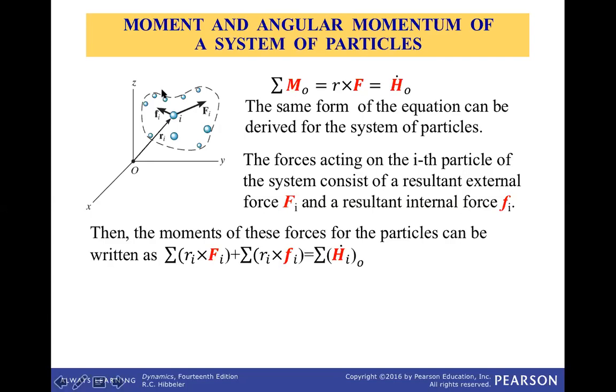Now again, in a system of multiple objects, you probably have some internal forces, lowercase f_i, on each object i. You will have external forces on each object, capital F_i. Keep in mind that all the internal forces will sum up to 0. So the change will come just from the external forces. The moment of the external forces, not the internal forces.